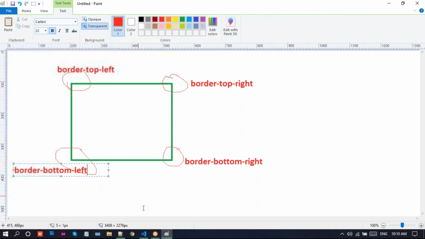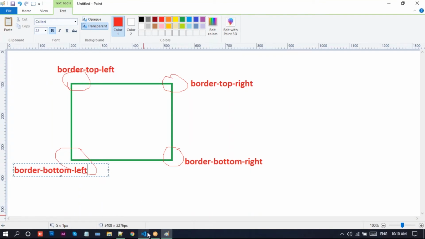So we have border radius calculated like this. On the box of the borders, we have border top left radius, border top right radius, border bottom right radius, and border bottom left radius.